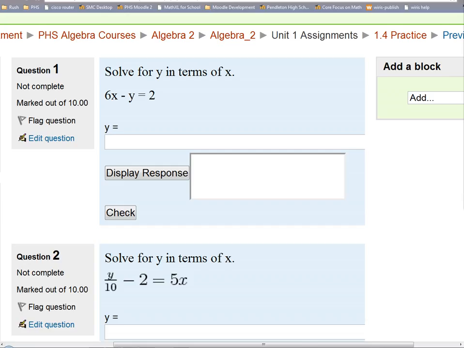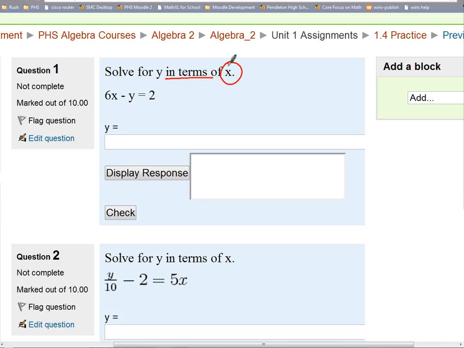Okay, so what about this first problem then? This is from the next assignment, the 1-4 assignment. This is the stuff I talked about on Friday. I think I used the law of universal gravitation was the formula that we used, and we solved it for a variable. On assignment 1-4, mostly what we're doing is taking equations that involve more than one variable, and we're isolating one variable in terms of the other variable, right? So we're going to isolate y, but when we get y by itself, we're going to